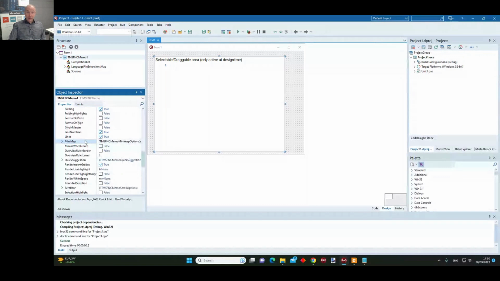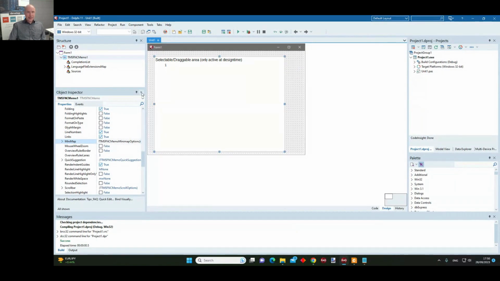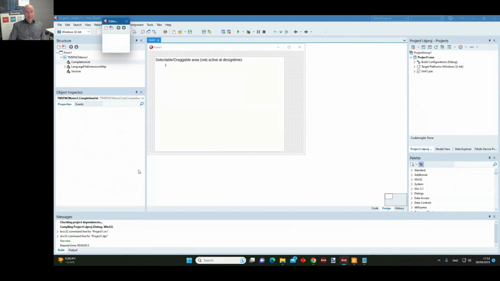Okay, code completion. That is also something that we expect from a syntax highlighting memo, and that is also available in the FNC Memo.